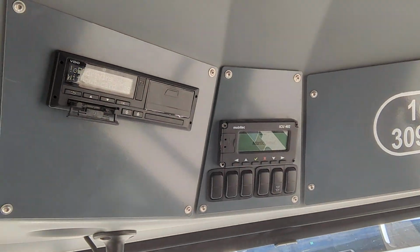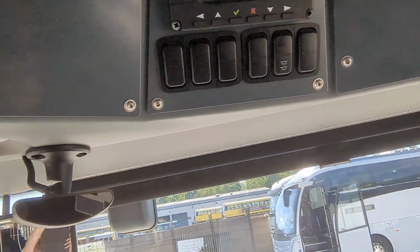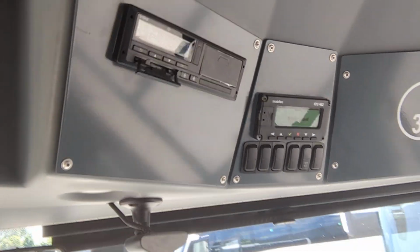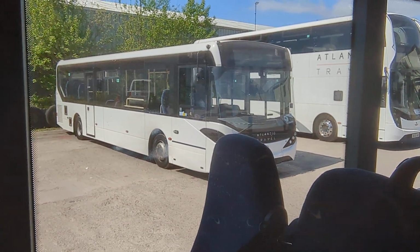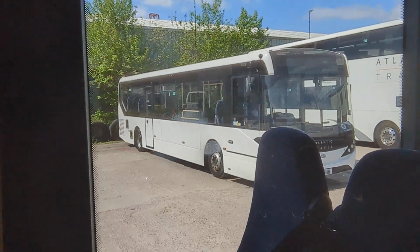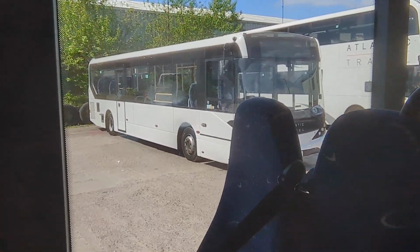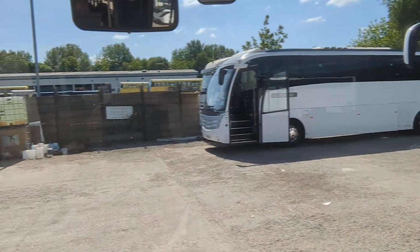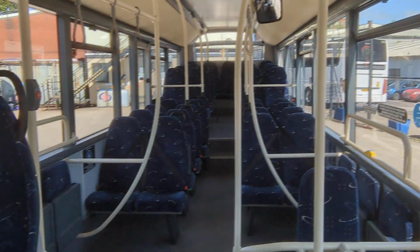I'd like to see it pull with 82 people on, if I'm being honest. They're all fitted with digital tachograph. This one is showing 136,000 kilometres. That one there's showing 152. As I said, they've all done similar work. They've all been here the exact same amount of time, so mileage wise there'll be much of a muchness for me. Great jack of all trades,